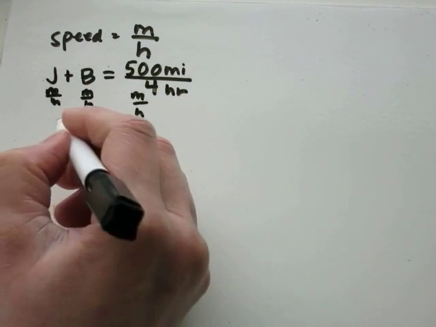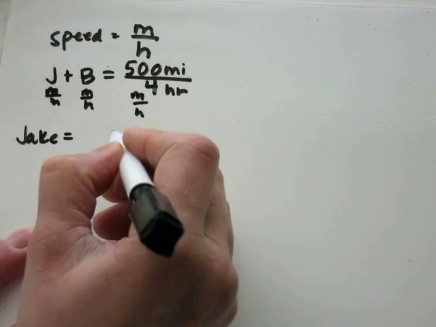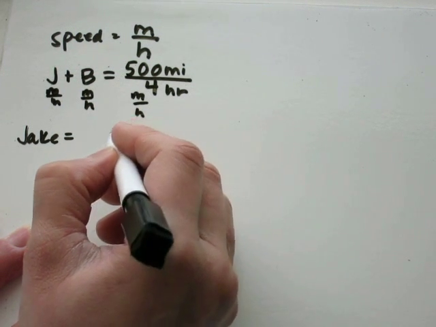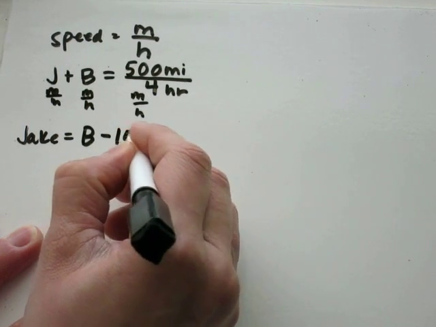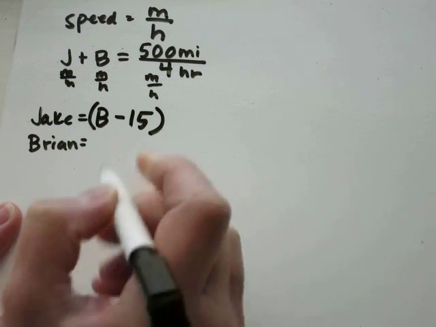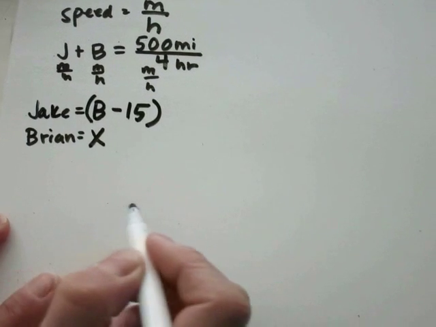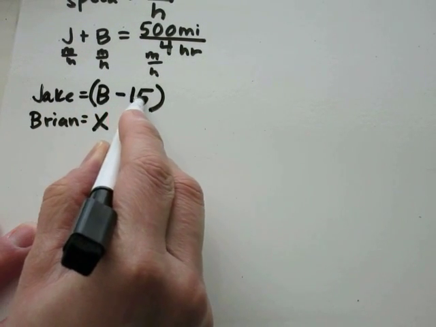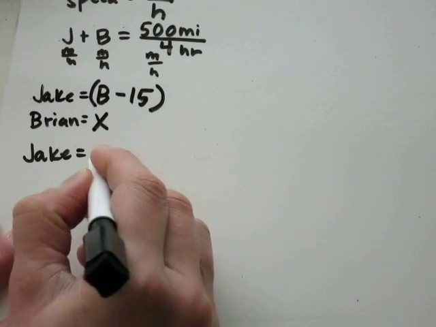They're telling us Jake, his speed is going to be 15 miles per hour slower than Brian. So you'll have Jake equals Brian minus 15. The problem's asking us Brian's speed, so let's say Brian's speed is x because we'll be solving for x. If Brian equals x, we know that Jake equals Brian minus 15, so Jake will equal x